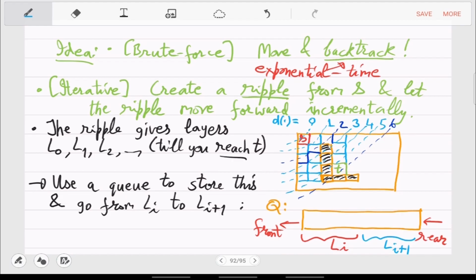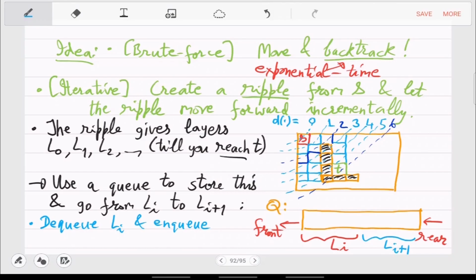So when you dequeue and enqueue its neighbors, you are enqueuing Li plus 1. Okay, so Li plus 1 comes towards the rear side. So this is what has happened. So dequeue Li and enqueue.